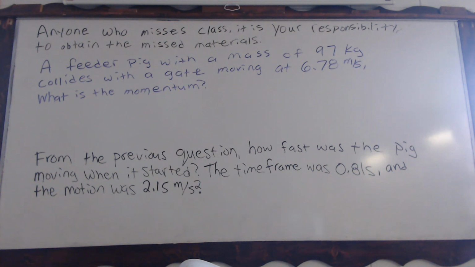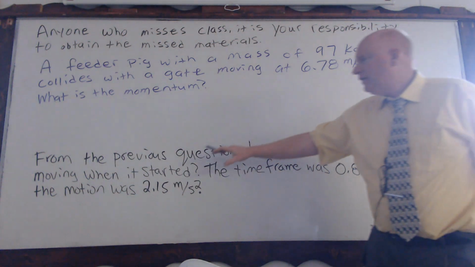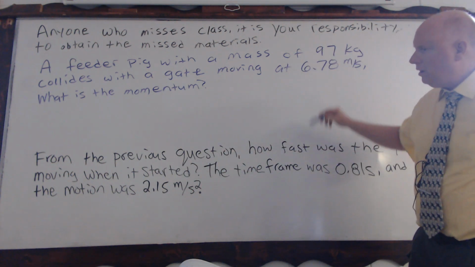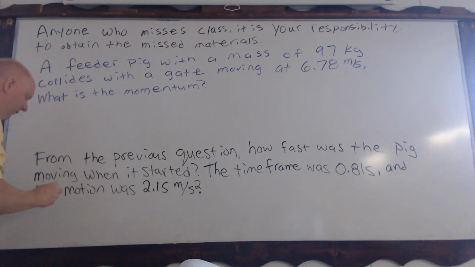So, do we know anything, or what do we know in this problem? That science is awesome? Okay, yeah, besides that, we already know that. That's every day. We have time and final. We do have final velocity. You are correct. Okay? Because even though it says from the previous question, this is asking for when it started, and here's a velocity we're referring to from the previous questions. Okay, so what is a variable that we can write down?